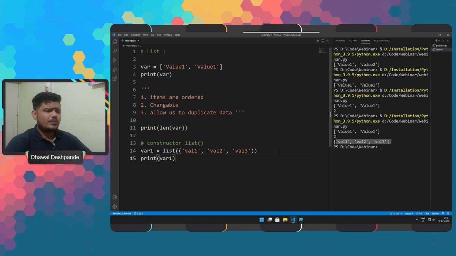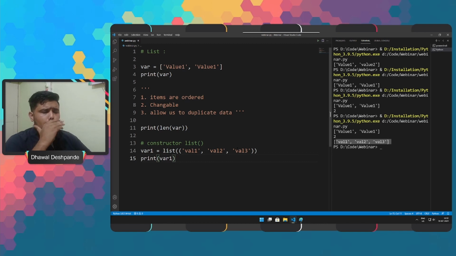So these are the absolute basic things that we should understand while we are working with lists. The next thing that we will see is how we can access a list.